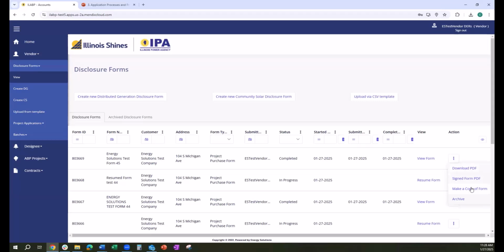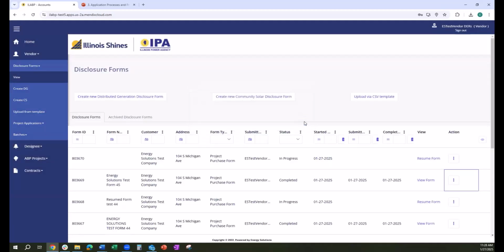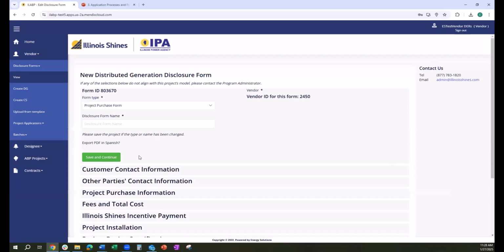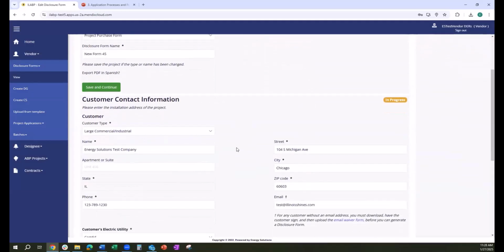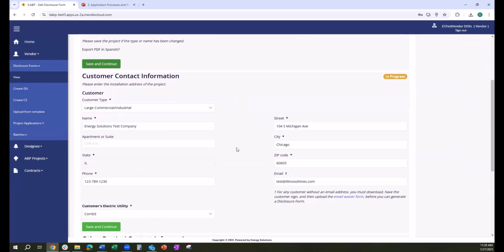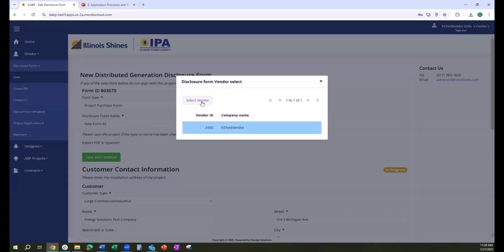So I will select Make a Copy of the Form, which will create a new in-progress form. I can then select Resume Form to open the form for edits. I will then need to enter a new disclosure form name. But you will see that many of the form's details have been carried over. So I'm now going to return to the disclosure form dashboard,